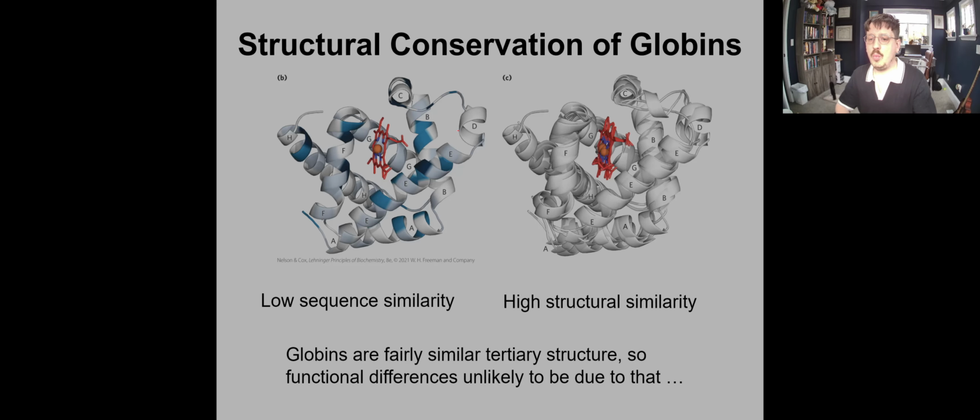So we see why this happens. There's a structural reason for this. Let's start at the beginning. Let's just look at a simple globin. If we look at the sequence of all the different globins, myoglobin, hemoglobin, neuroglobin, between a human, a frog, a mouse, a monkey, a cat, a dog, the sequence is actually